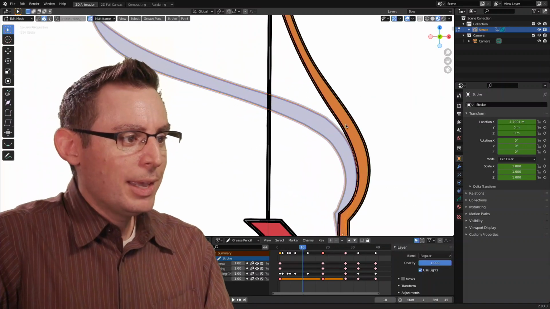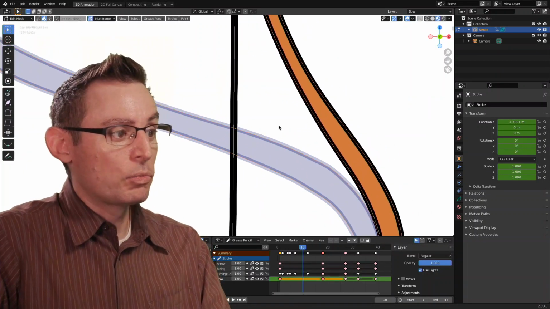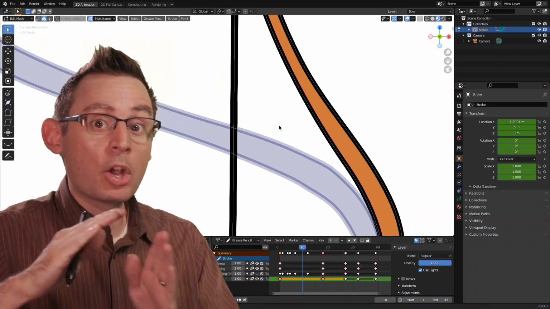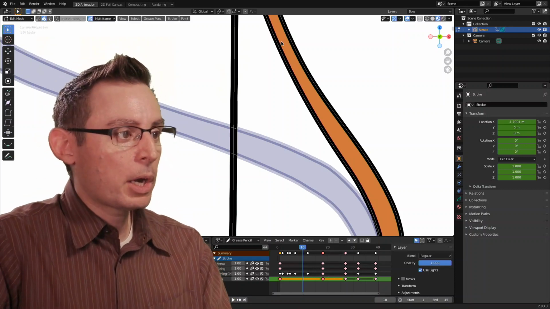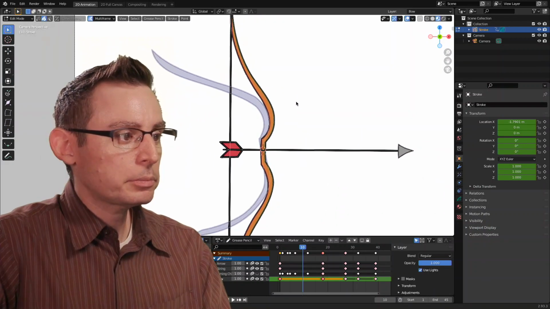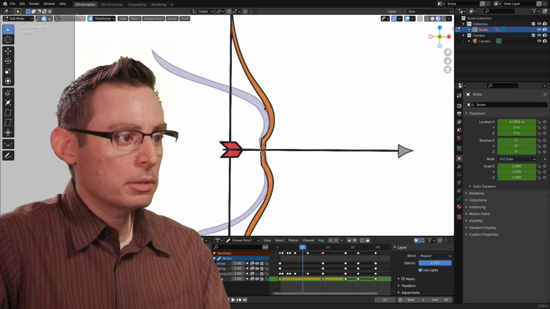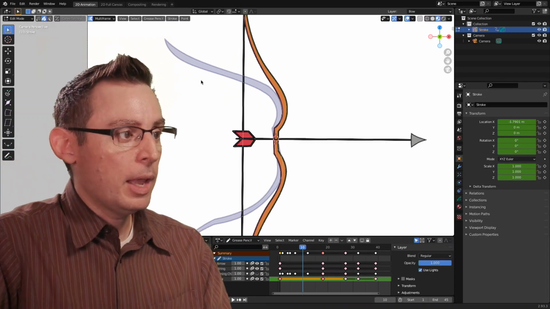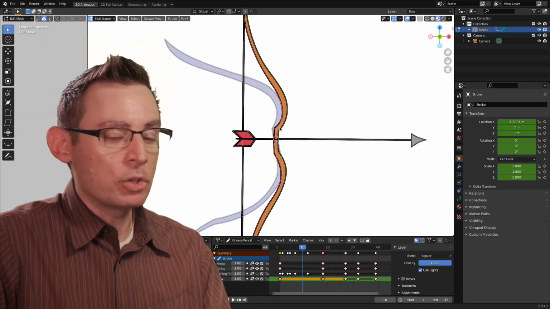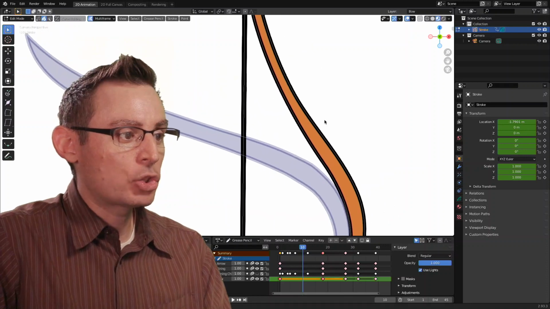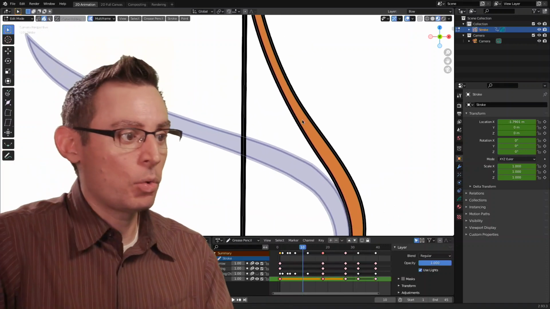That's cool too. Now the third step, and this is actually really important, is that we need to select the strokes in the correct order. If you remember carefully, this drawing here on the far left, there we go. This is the drawing, the one that's gold at the moment, for our first keyframe, and the ghosted onion skin drawing is our second keyframe. We need to select the strokes in the correct order.